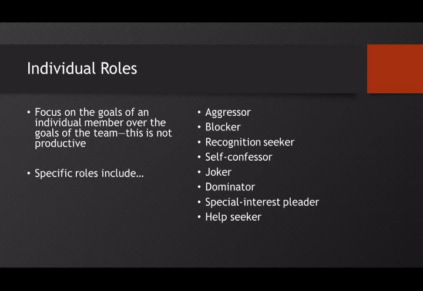So these are definitely just as important to remember, because you want to make sure that you try to inhibit these roles from causing problems for the group. If you can see that an individual on your group or team is taking on these particular individual roles, then you would want to know in advance so that you can try to stop that from causing problems in the group. And perhaps it's asking that the person be removed from the group or team environment. Perhaps it's trying to deal with them in a productive, communicative way so that they understand that their behaviors are not helping the group move forward.